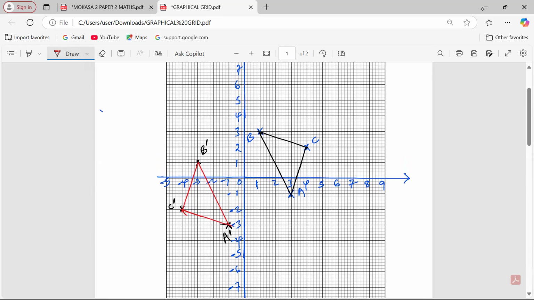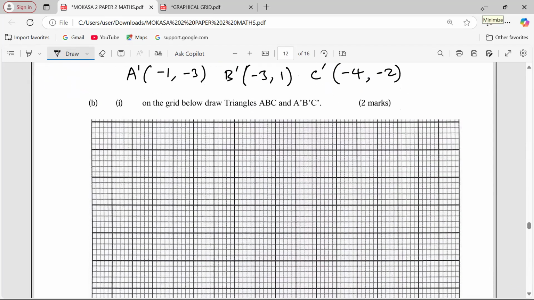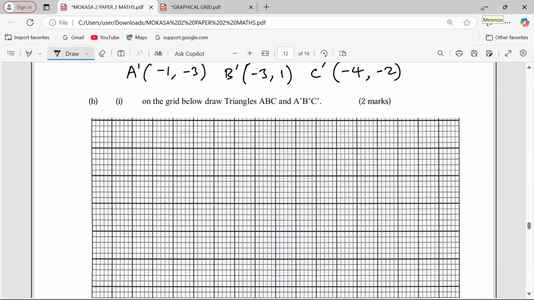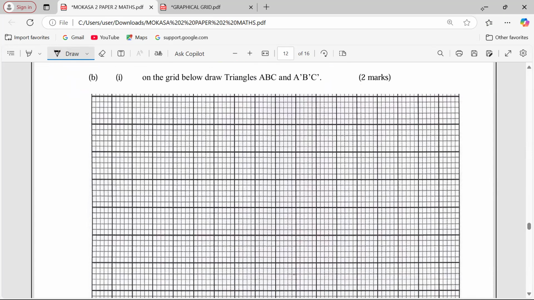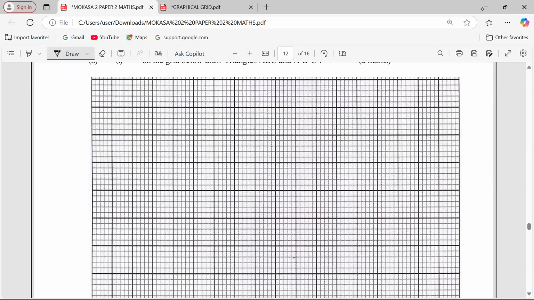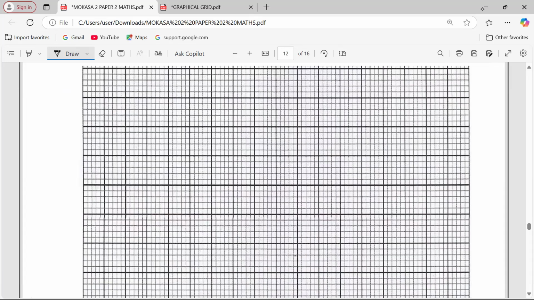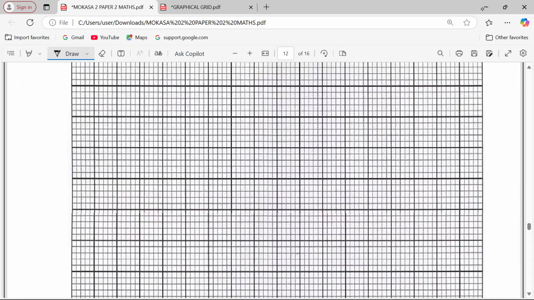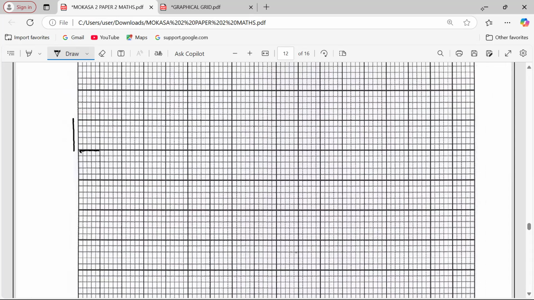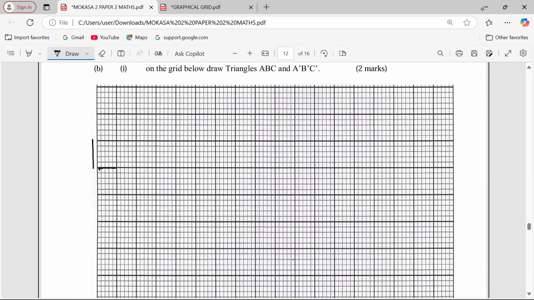Now, the reason why I did not use the first grid here is because the grid is not regular. You can see the grid is rectangular instead of being squared. So a grid should be very uniform with the sides of the bigger squares and even for the smaller squares being very equal. Therefore, when you observe this one keenly, you discover that it's a bit rectangular. This length is longer than this side. Therefore, they should be the same. You're supposed to be having a squared grid. So that's why I did not prefer this one.